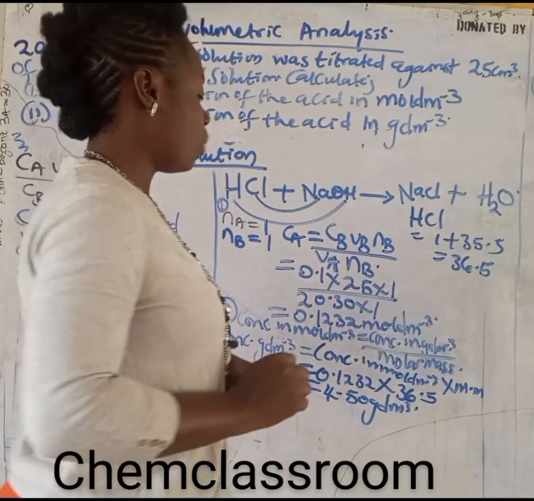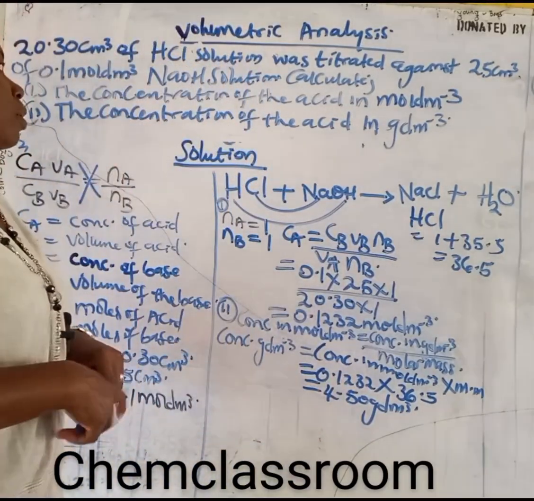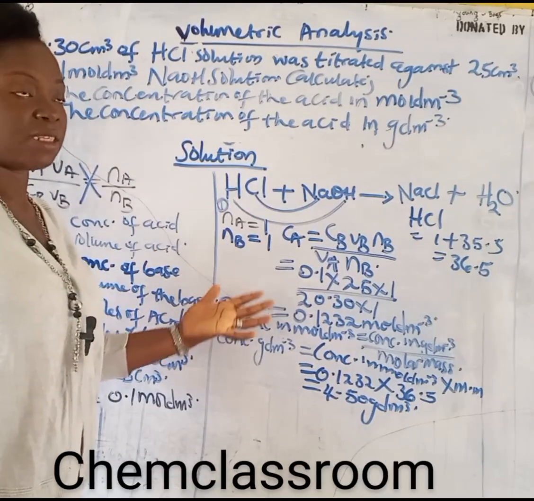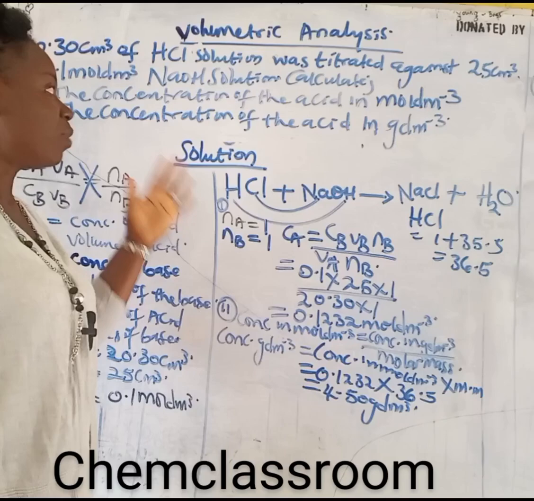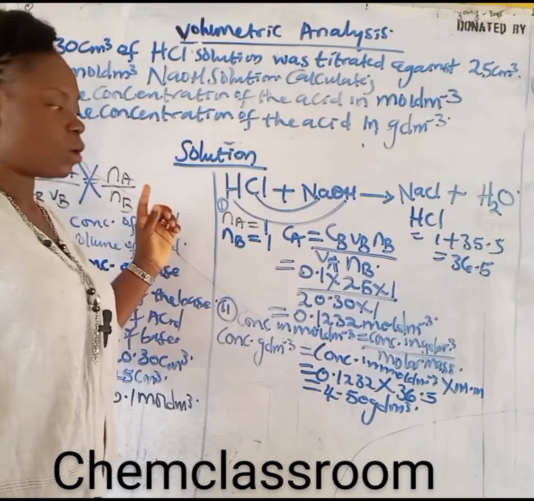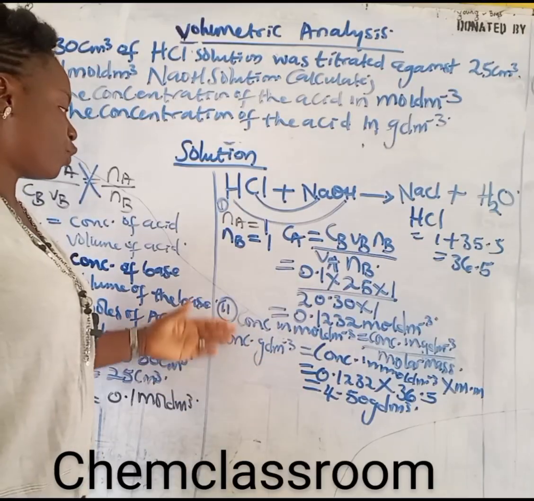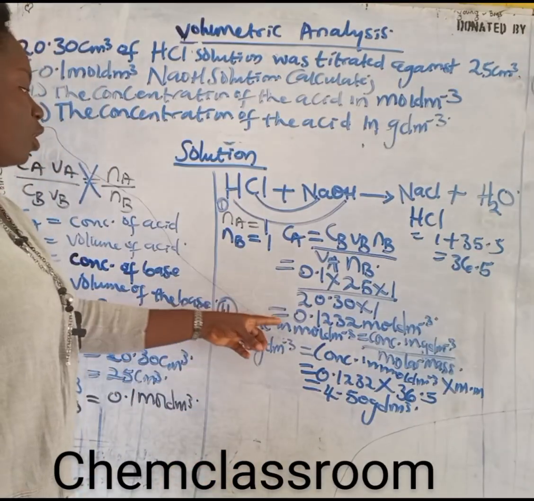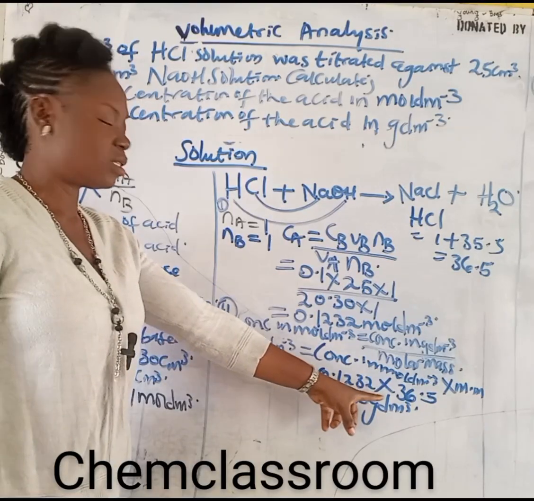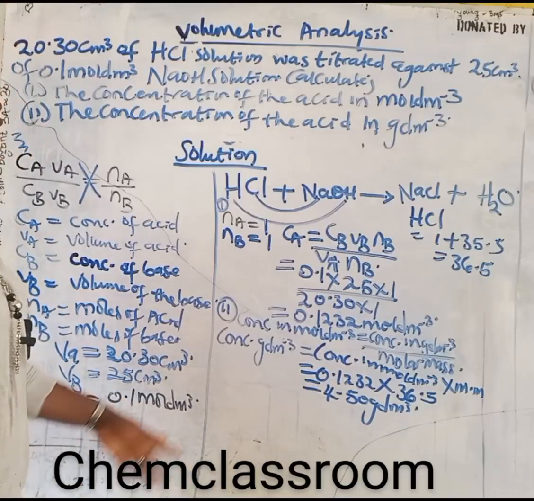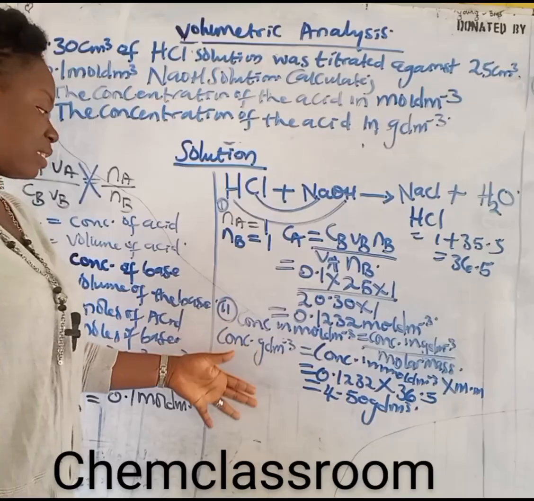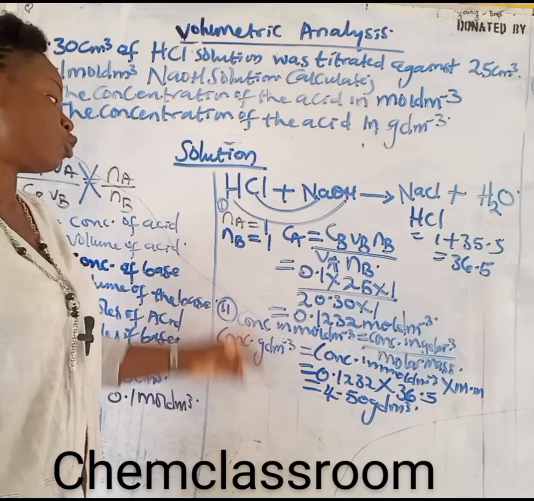So we are done with our questions. Then I would like to emphasize this. This is what we do in our chemistry practical. This is our quantitative analysis, while the other one is qualitative analysis. One thing about volumetric analysis questions is this: if you miss question 1, automatically you miss question 2, because the answer I got for the first one, I used to solve the second one. So we need to be careful whenever we are calculating this so that we get the right answer, because whatever you do in number 1 is definitely going to affect whatever you